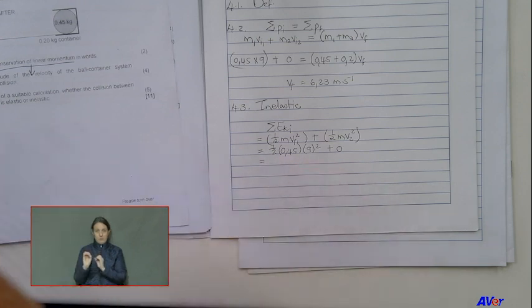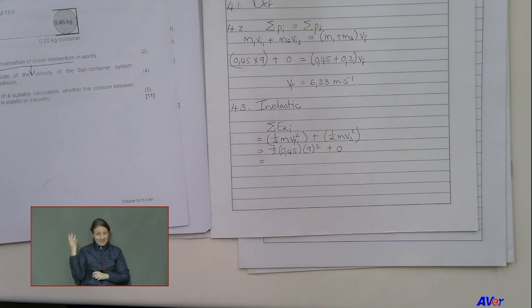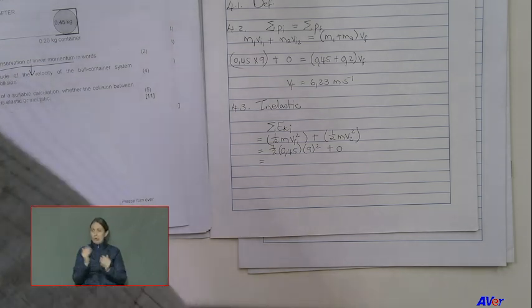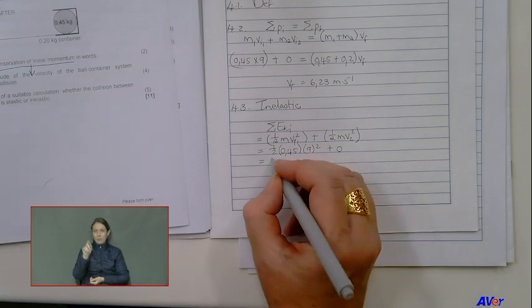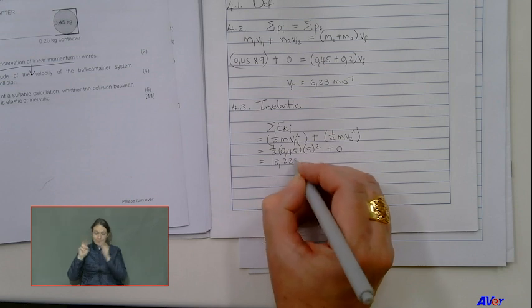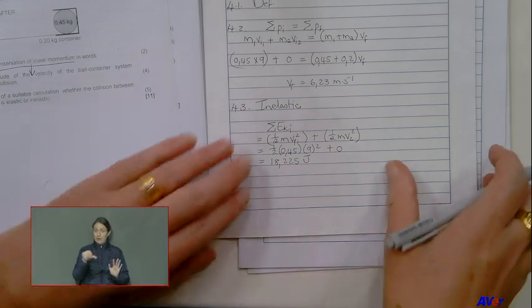And boys and girls, please remember to square. That's very, very important. You can lose a lot of marks if you don't square. Or if you don't square, maybe the two values will then be equal, and then you're going to make the wrong conclusion because then you're going to say elastic. So please, it's important, you must square. Okay, this is 18,225 joule. I'm just going to keep it like that because I haven't made a conclusion yet. So I'm just going to keep it with all the numbers.